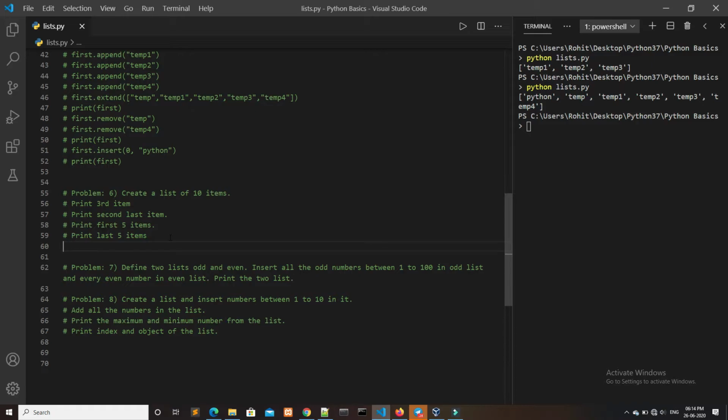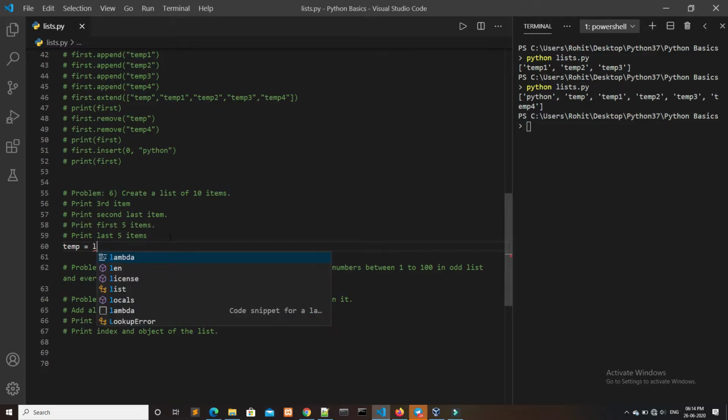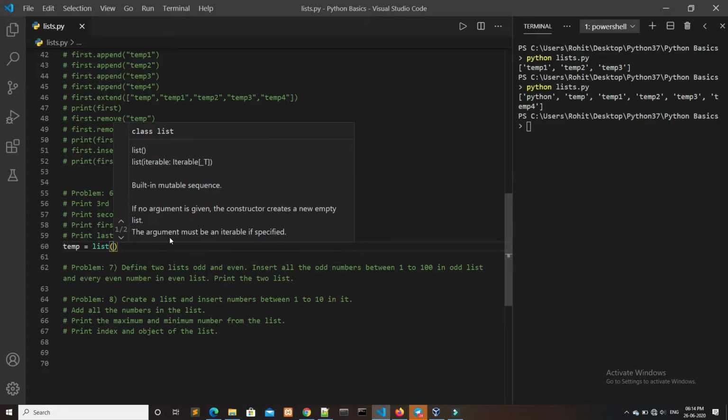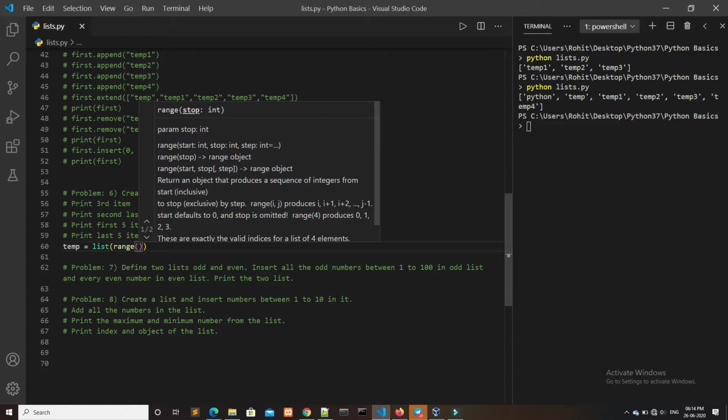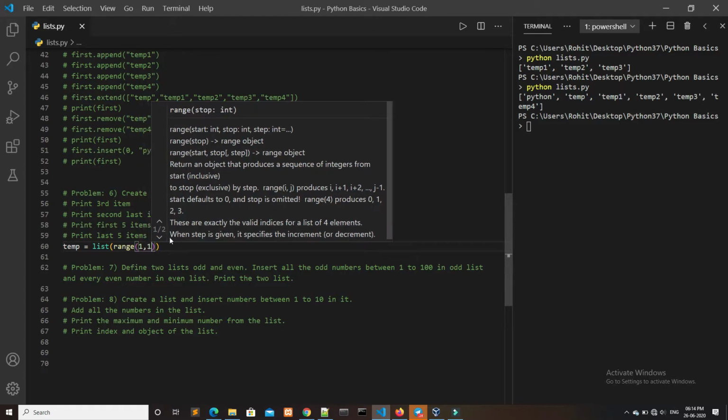In problem number 6, we have to create a list of 10 items. So I will name the list as temp, and I will insert numbers 1 to 10 in temp. So to insert numbers, I will write list and range, and I have to give the range as 1 to 11.